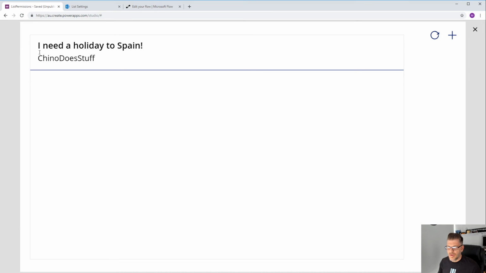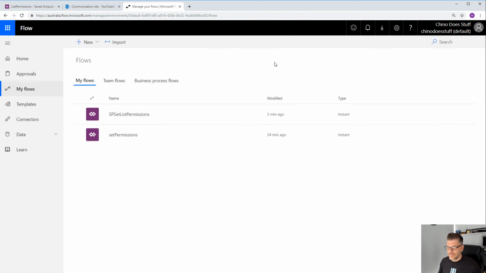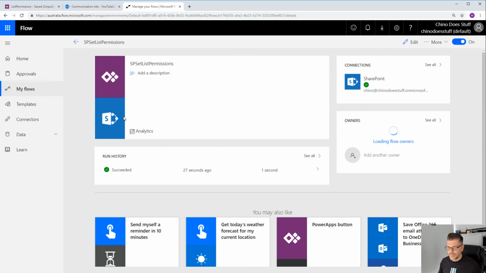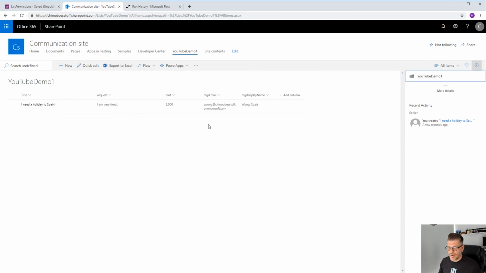Okay, so I can see there's my request that's gone in. Let's have a look at the flow. Fantastic. We can see flow ran 27 seconds ago and it succeeded. So it's gone through all the steps and all the steps are passed, which means that all the steps ran correctly. If we go to the communication site